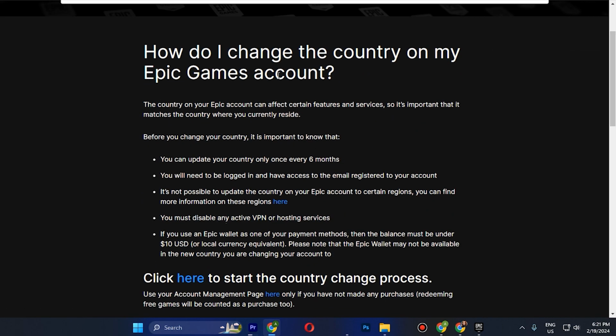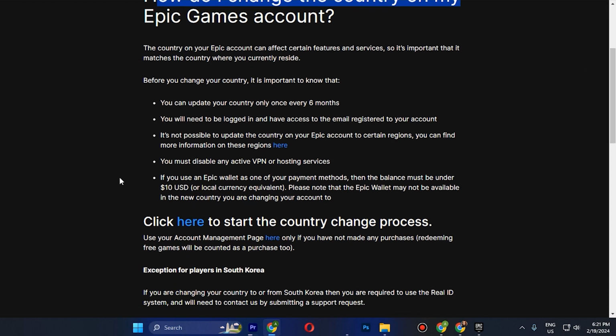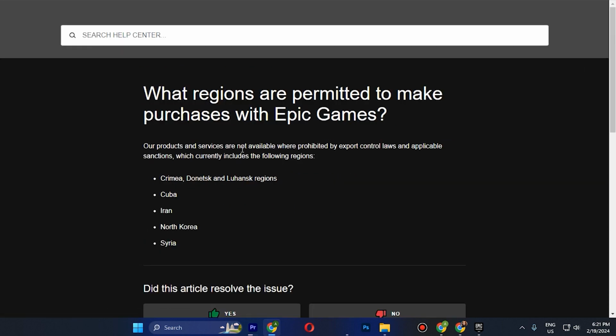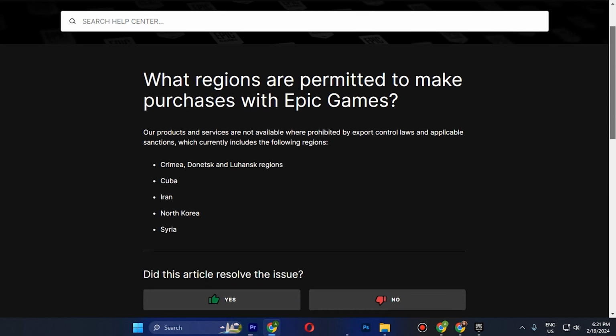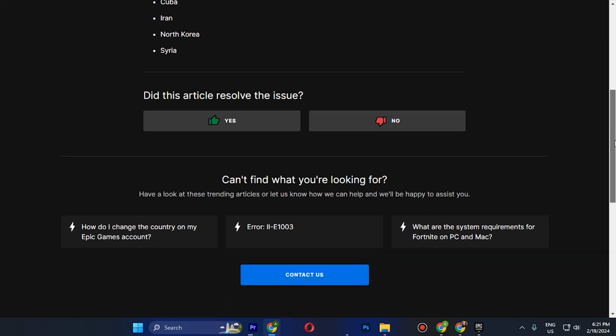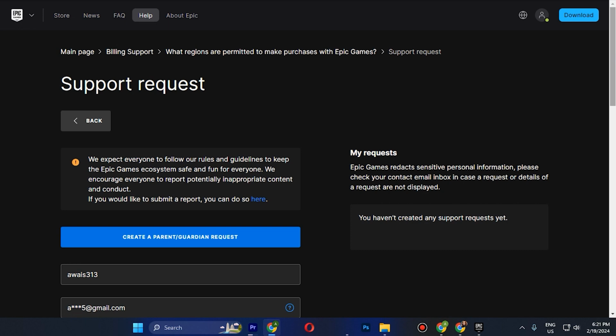Now once you are in, as you can see, here is the option: how do I change the country on my Epic Games account, and here are all of the points. So you just have to click on this icon. So here, these are the regions that are available that you can make the changes by purchasing with the Epic Games. So you are not able to change it directly, but you can add the contact and submit the